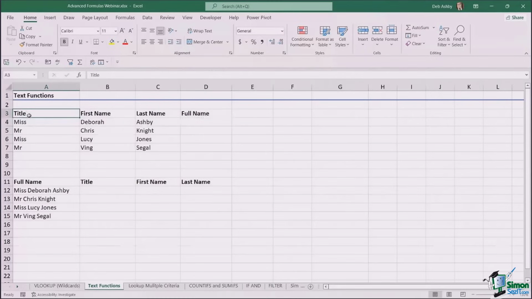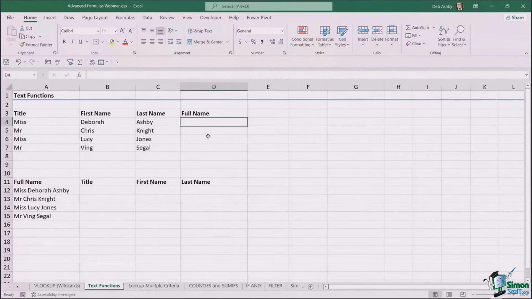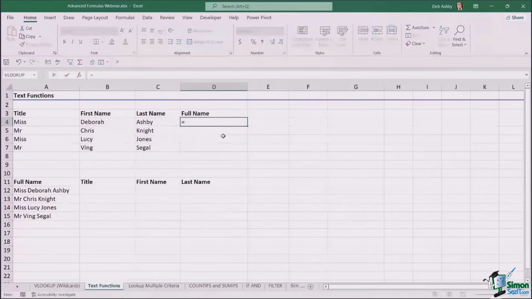So what I have here is basically just 3 columns, very small data sets. Here we have titles, we have people's first names and their last names. And my boss has said to me, I don't want these split across 3 columns. I want it to just say the full name in column D. So I'm like, okay, there's a few different methods that I can use here. Now, the first method is I can use that ampersand sign. So if I type in equals, all I need to do is say, okay, I want A4